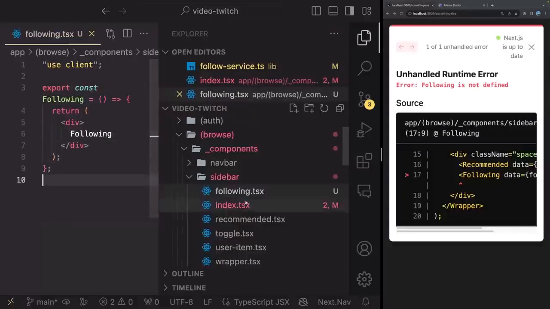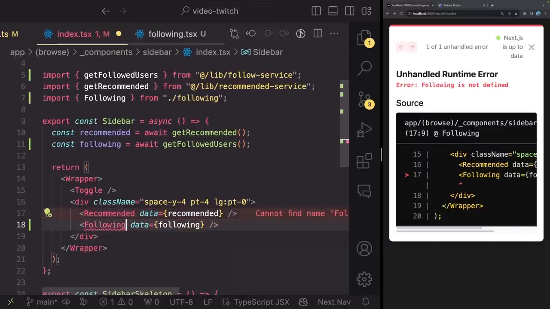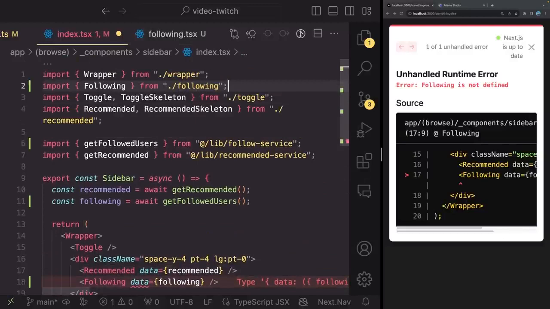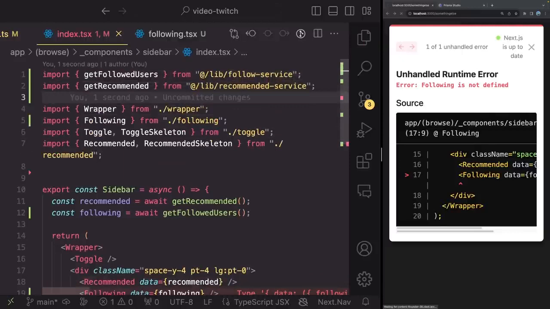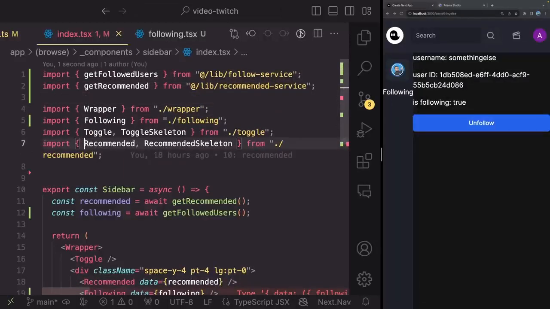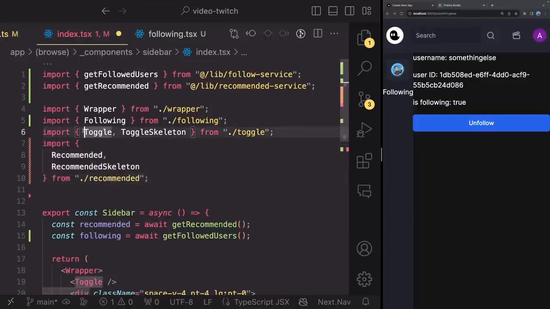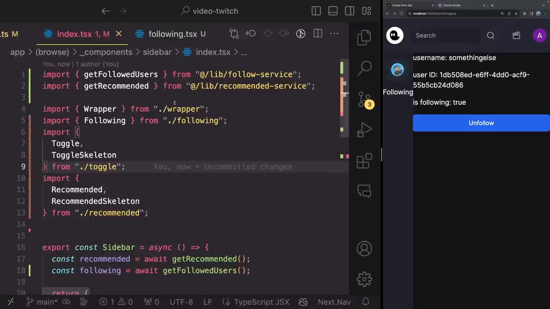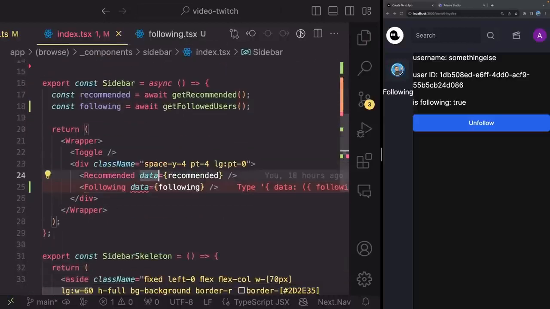And now you can go back to index.tsx and you can import Following from /following the same way we did with these other ones. So I'm just going to go ahead and align those now. I will move this to the top because I like my imports in that way. Great. And let me just collapse these elements like that. So we have Toggle and ToggleSkeleton and we have this. Great. So now let's go back inside of the Following, and first thing we have to do is resolve this